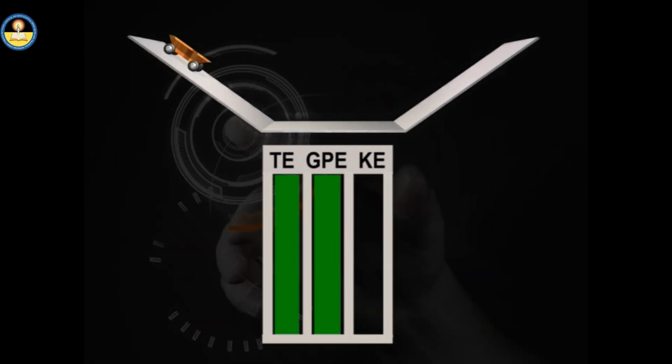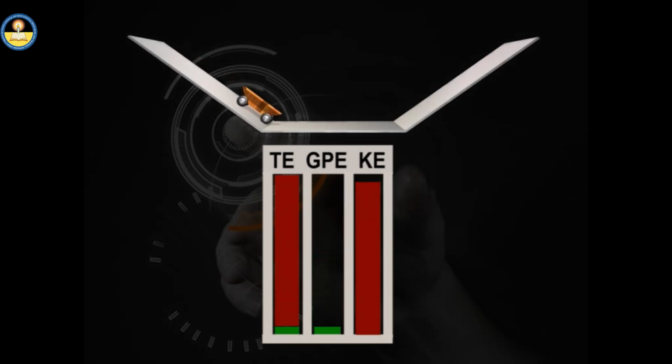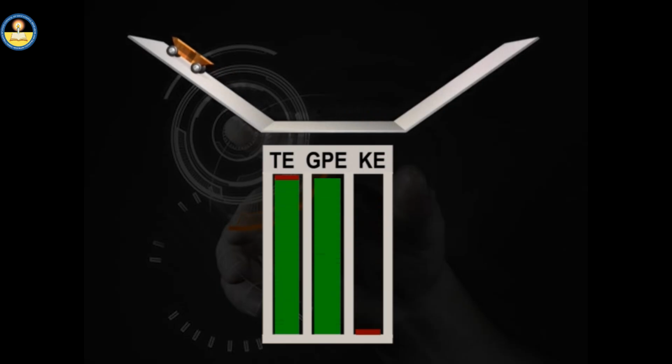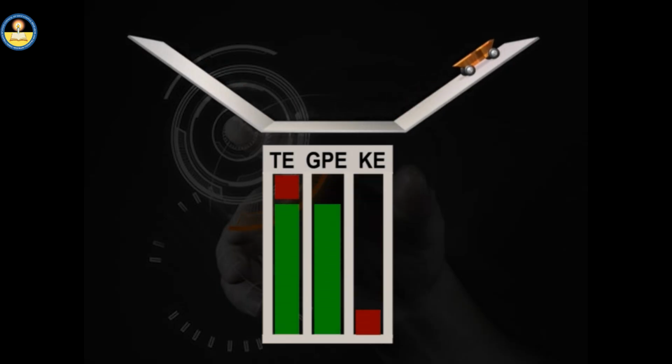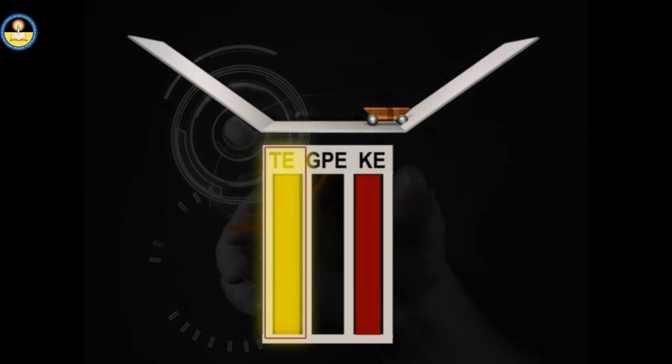Another example of such type of transformation of energy is the motion of a car on an inclined plane. When the car is at the peak of an inclined plane, it possesses only potential energy. When it moves downwards, its potential energy converts into kinetic energy. When the car moves on a horizontal surface, it possesses kinetic energy only. Throughout its motion, there is a transformation of gravitational potential and kinetic energies, but again at any instant its total